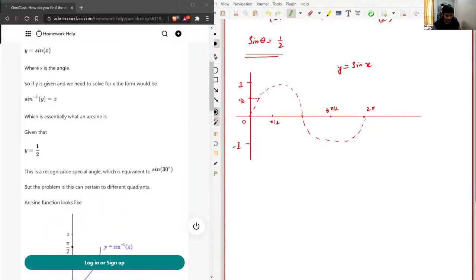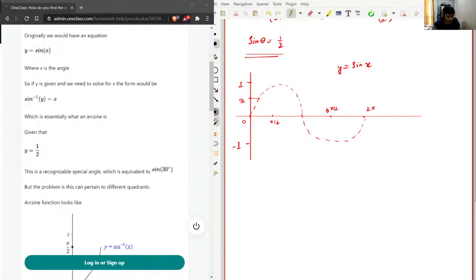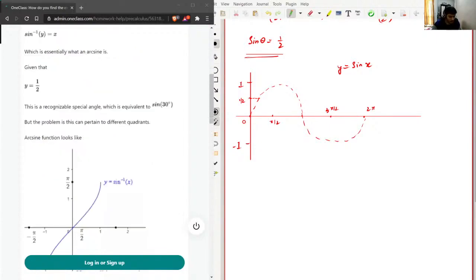Or, y equal to sine x, so sine inverse of y is equal to x, which is essentially what an arcsine means. So given that y equal to half, sine of 30 degrees is 1 by 2, but things are not going to end here, because if you remember,